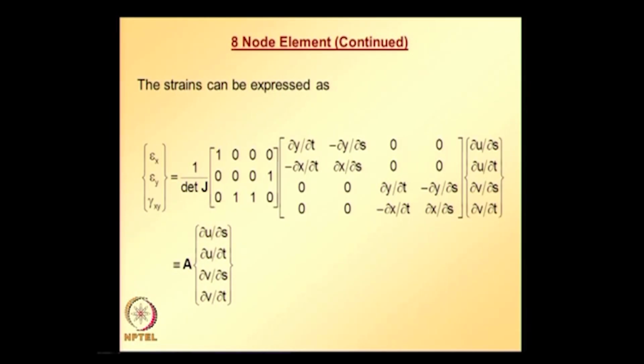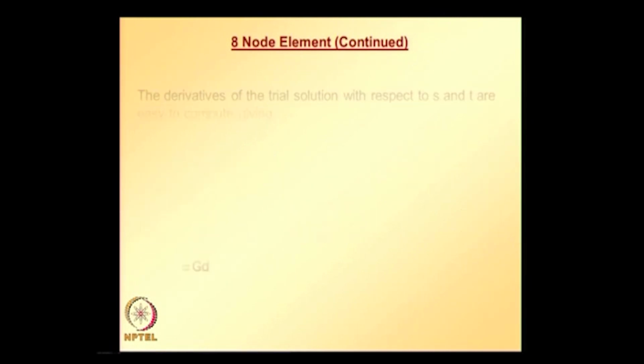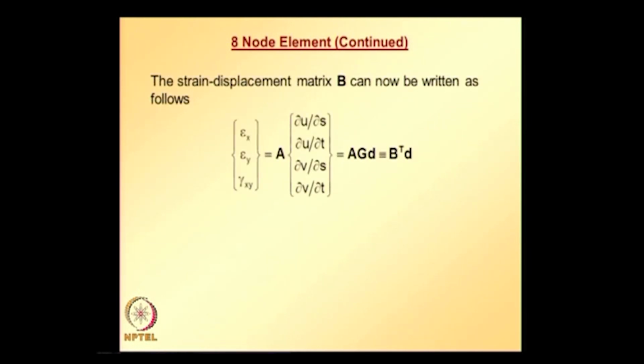So, we have more degrees of freedom, and derivatives of trial solution with respect to S and T, again the dimension of the G matrix increases because there are 8 nodes. So, once we have this, we can write the strain displacement matrix, and also